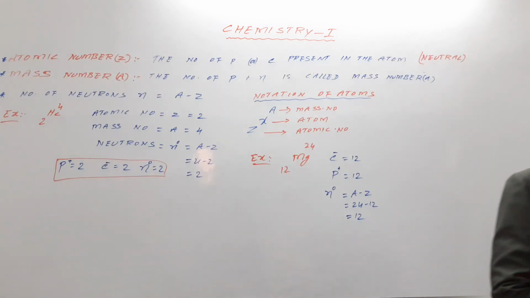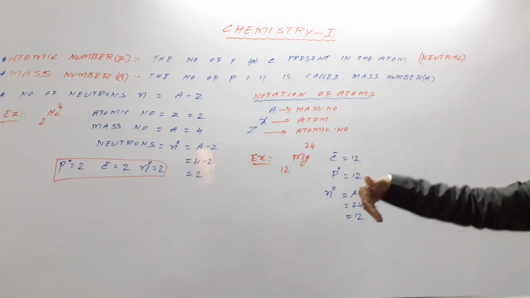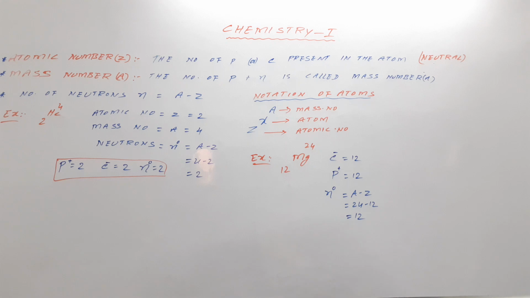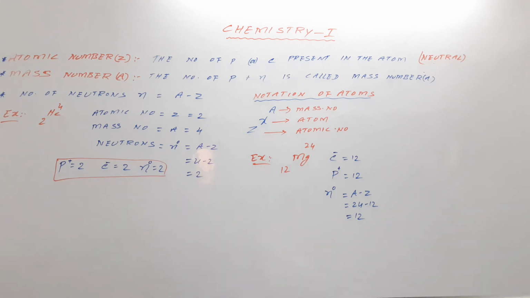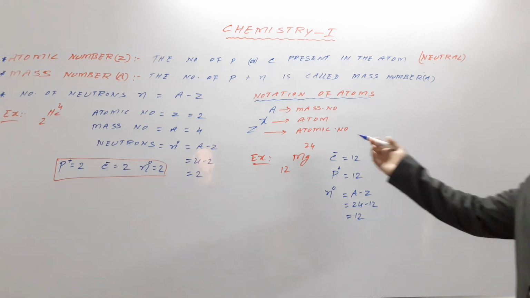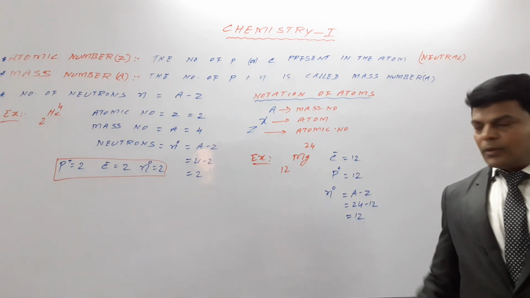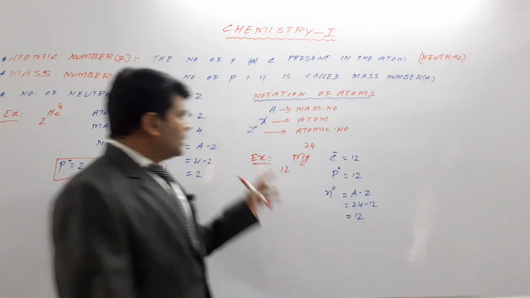So this is about the atom, atomic number and mass number. Now you have to know about some problems. We have to discuss some problems. Calculate the number of protons and neutrons present in bromine. I will give one problem, so complete it. We will discuss some problems on this topic. Write it.